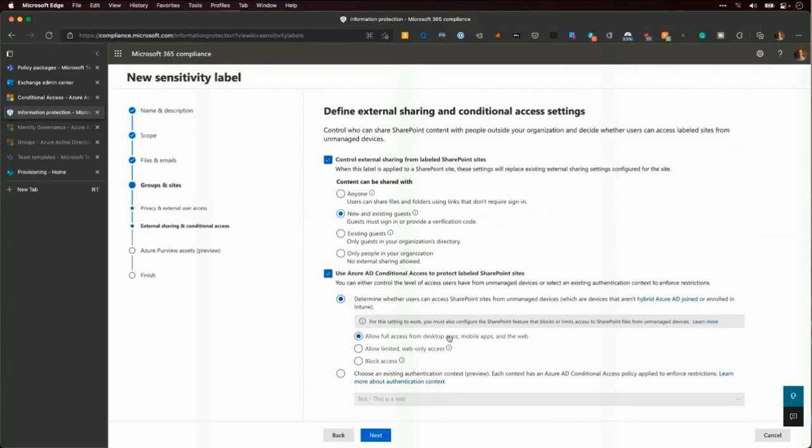If you want to allow full access from desktop apps, or if you only want users of this site to be limited to web-based access only. So it really helps you guide users into setting up your environment in a way that it's supposed to be, and makes that selection easier for users.